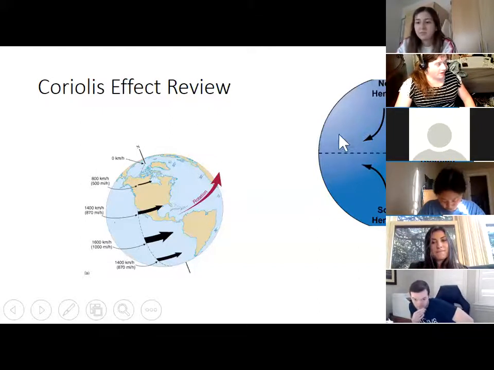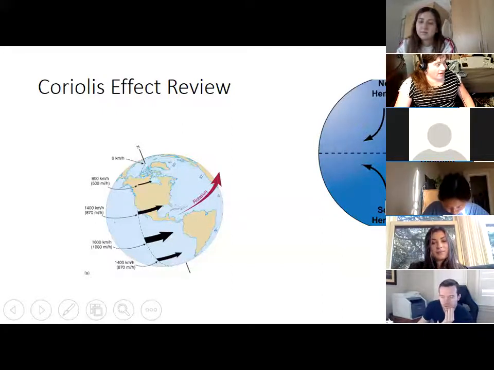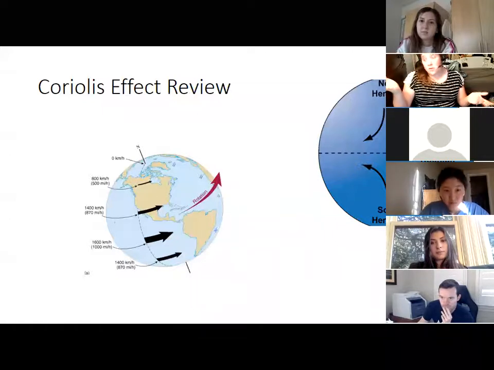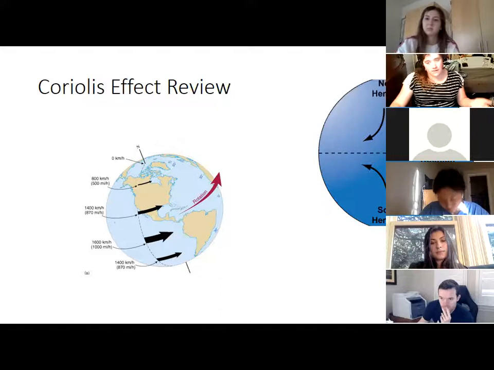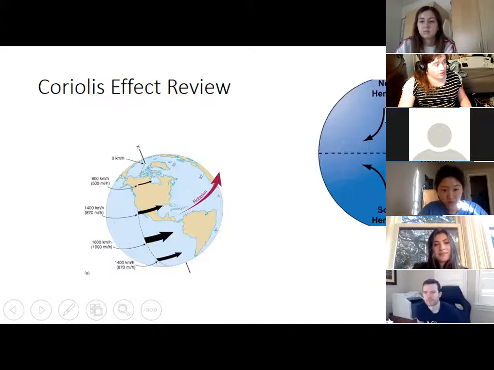Yep, and same thing in the southern hemisphere with the left. This is the example where you have air currents going from Antarctica to the equator, and the reason you're ending up over here is that Earth's rotation is going the other way, from west to east. As you go from Antarctica to the equator, the ground underneath you is going faster and faster. You still think you're moving really slowly, like you still think you're in Antarctica, basically. So you end up going over here, which is to the left of the original direction.